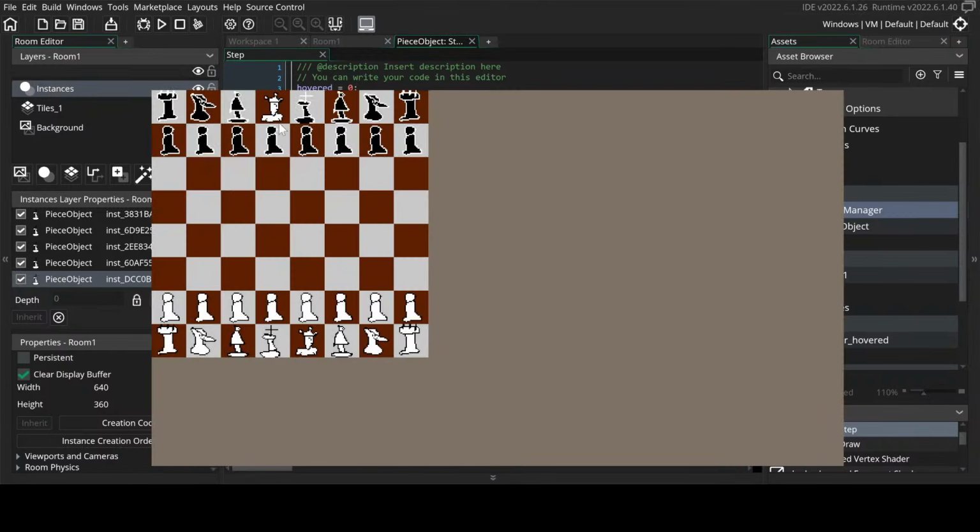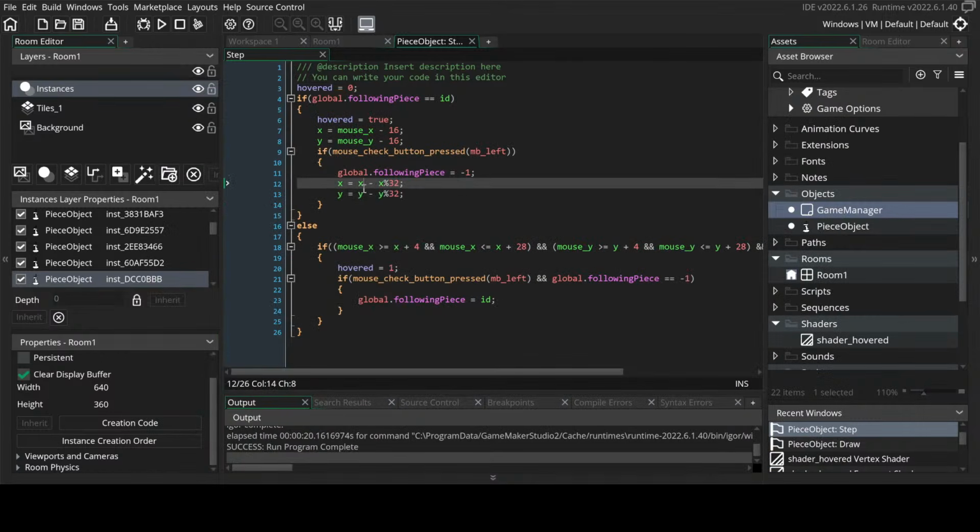Okay, so I can do it. Yes, but it's being weird about it. Which makes sense, I guess. It's just putting you in whatever piece the corner is in. So instead of